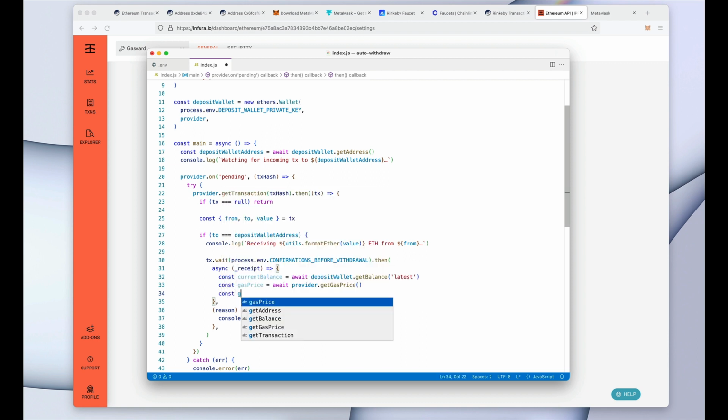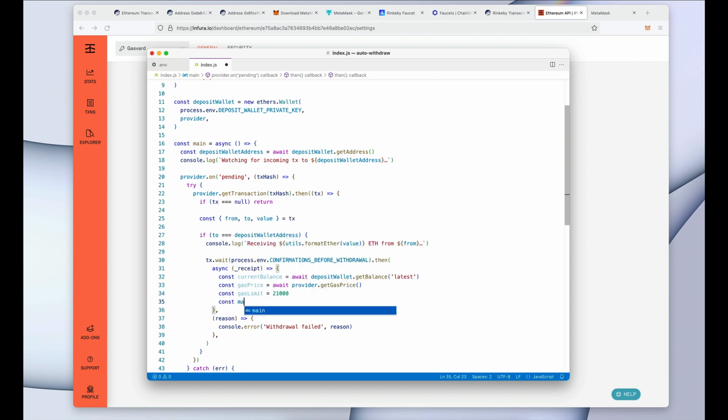And then our gas limit for sending ETH is 21,000. So we can just hard code it here. So our maximum gas fee to be paid is going to be a big number from our gas limit and then multiplied by our gas price. Okay, so now we have everything we need to